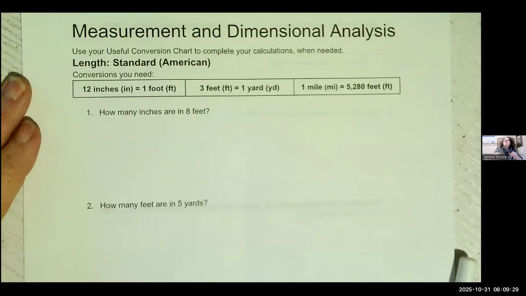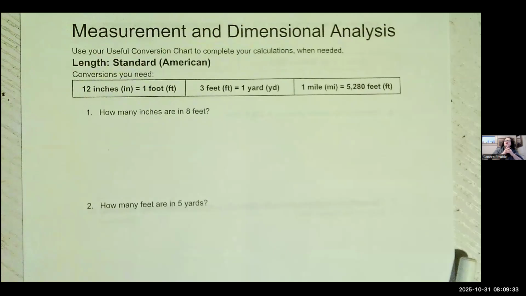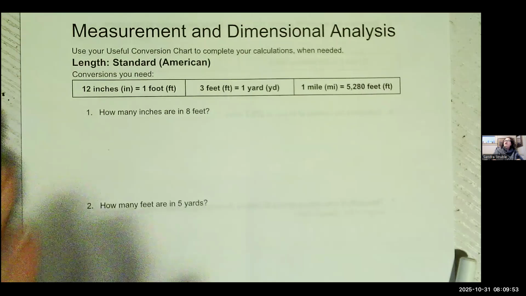All right, starting off with measurement and dimensional analysis, I'm going to break this into multiple videos because this is just a lot of information. It's going to seem very tedious at some points. So if you find that that's the case, great. That means you're learning it. That's fantastic. Otherwise, if you're struggling, please, as you're taking notes, write any questions you have over to the side